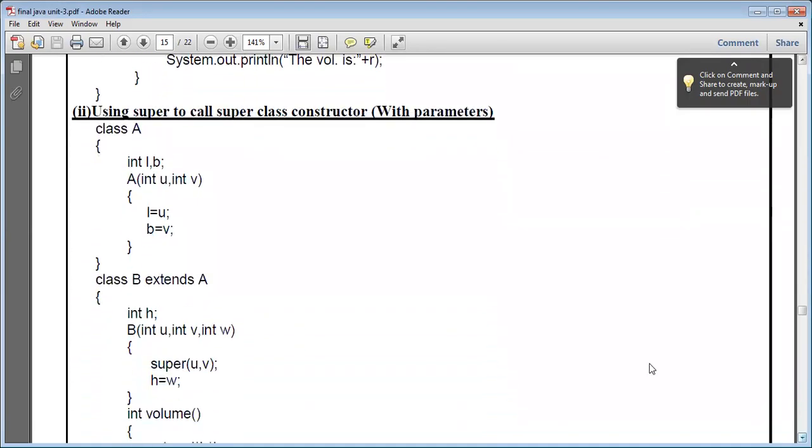Similarly, using super to call the superclass constructor with parameters. That means in the constructor, write int u, int v, that means L equal to u and B equal to v at the top. Now in H, super(u, v): you have to call super(u, v), and it is going to be called. Then H equal to, suppose, int L, int b. Suppose you write